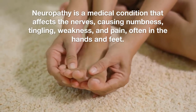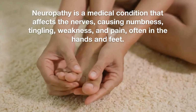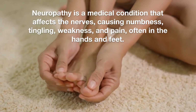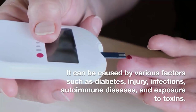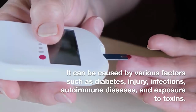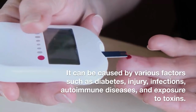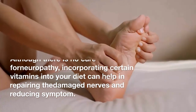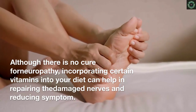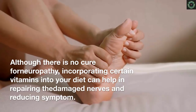Neuropathy is a medical condition that affects the nerves, causing numbness, tingling, weakness, and pain, often in the hands and feet. It can be caused by various factors such as diabetes, injury, infections, autoimmune diseases, and exposure to toxins. Although there is no cure for neuropathy, incorporating certain vitamins into your diet can help in repairing the damaged nerves